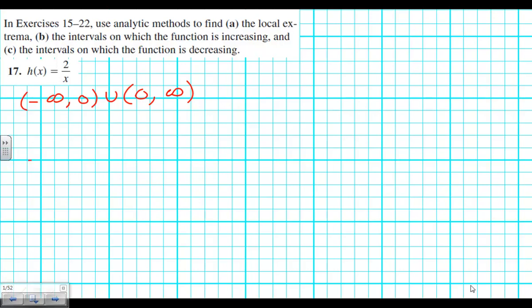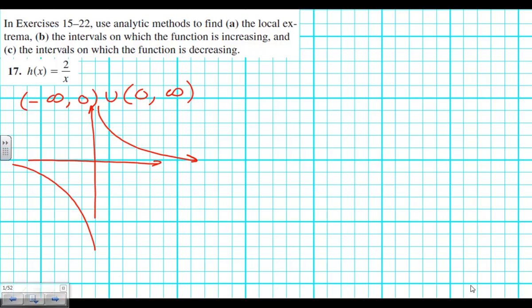Now, what effect does that have on things? If I remember correctly, and this is not getting to the part where I use derivatives, this curve looks something like this. Indeed, it's a hyperbola. Just from looking at the graph, I'm going to say, golly, it looks like the whole thing is decreasing. You actually say golly? I did say golly.